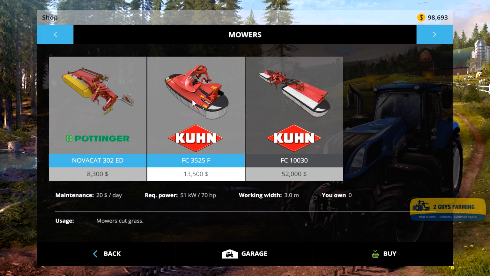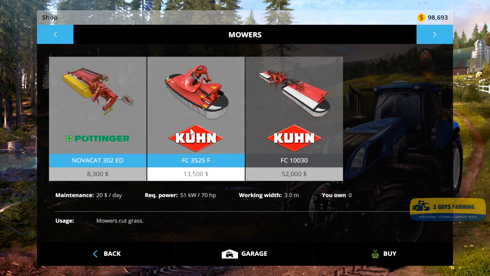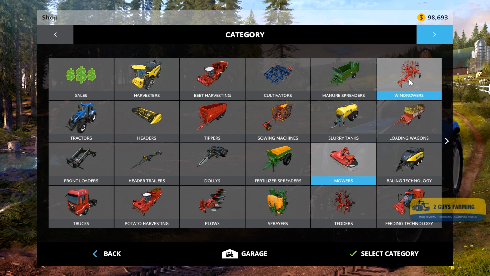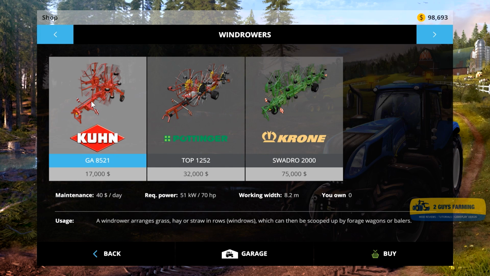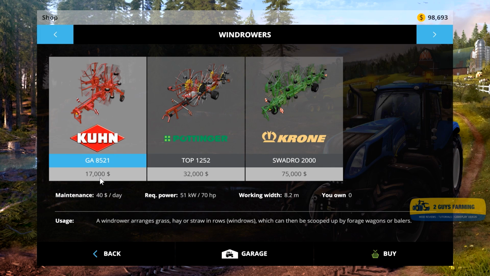So the question is, do we sell this? We don't need to. And do we cut? Well, let's just see. How much is a windrower by the 32? This is 8 meters, so this technically would work. That technically would work. 8 meters. So now we're looking at 17. So the question is,